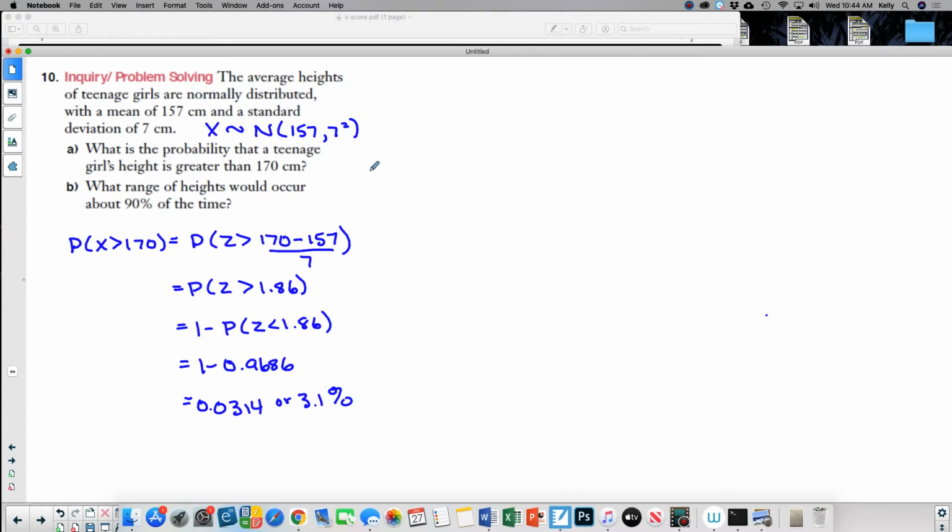Now the next part isn't quite as straightforward because it says what range of heights would occur about 90% of the time. So let's remember that our normal distribution looks like this, and we want the middle 90% is what that's asking for us. We want the range though. So I have to figure out what this lower bound is here and what this upper bound is here to give us this 90% in the middle. Well, if it's 90% in the middle, I know that it's 5% out here, and that this is 5% out here as well,